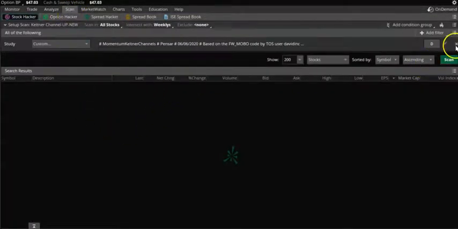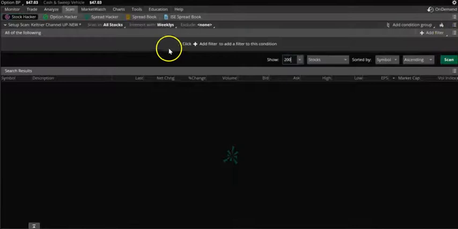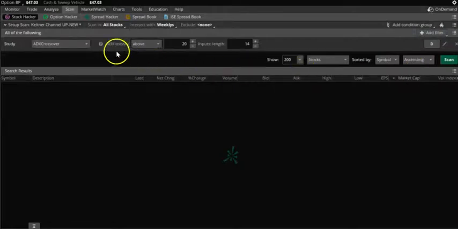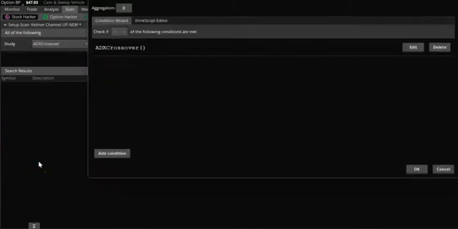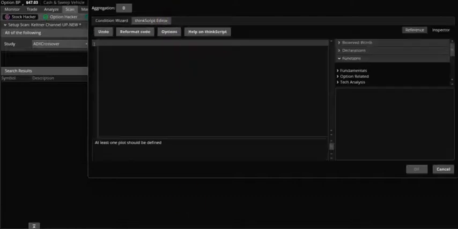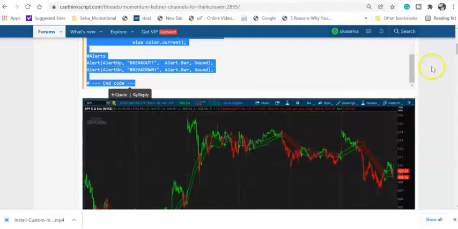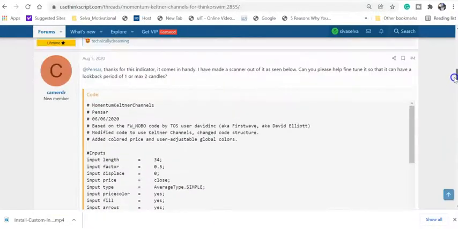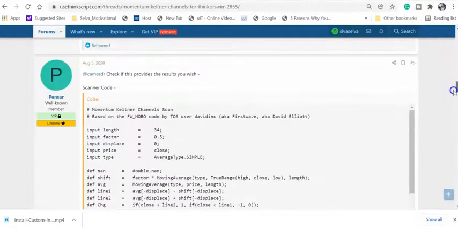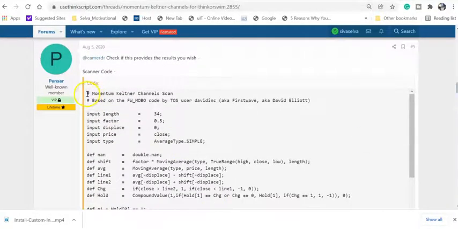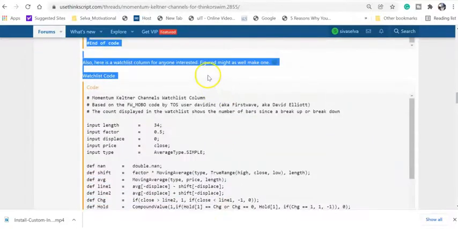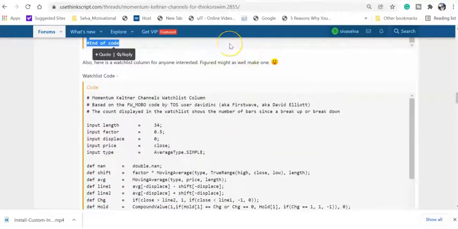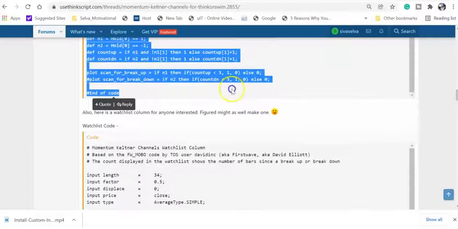Scan. Okay. Now add indicator, add filter, study, custom, delete, think script. Now go ahead and copy the scanner code. The scanner code here. So here, as you can see